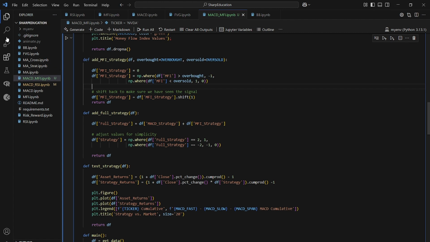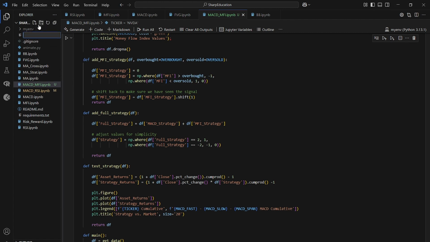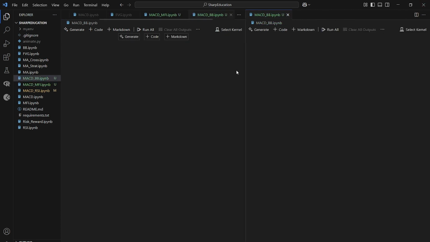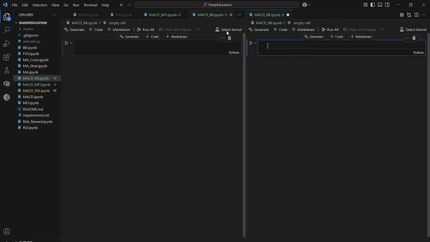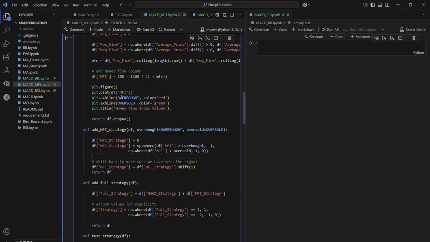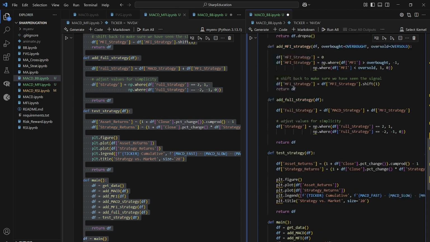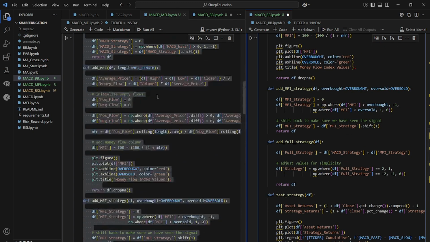Let's start a new file to create this. So let's call it MACD bb.ipynb. Same process as always. Split it, take our MACD MFI, paste the whole thing in. Now, instead of our money flow index strategy, we also have to paste